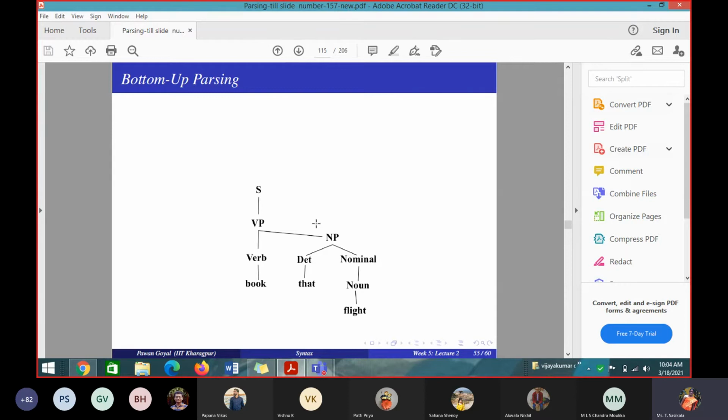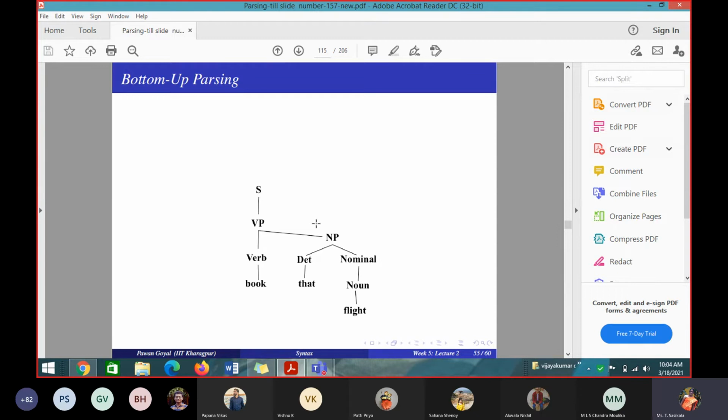So this is there, you can trace out the slides. I have uploaded it in Teams, you can trace it out slowly, one after the other. I have not shown all combinations for bottom up. Since I reached one tree, I left it. But you try to show based on your marks. If it is 5 marks, one or two trees; if two trees are possible, show the two trees. If it is for 10 marks, please try all combinations. Even if you end up with one tree, that is not a problem, but try to do it.